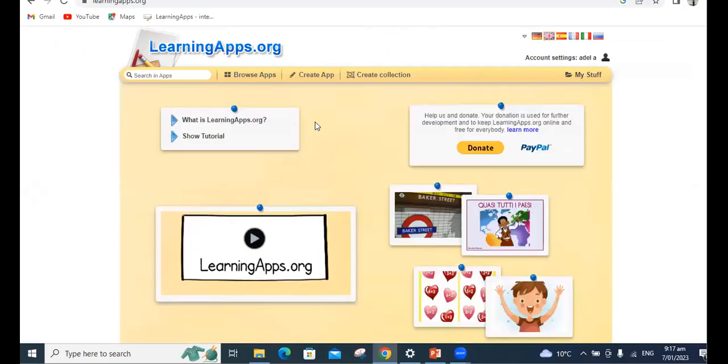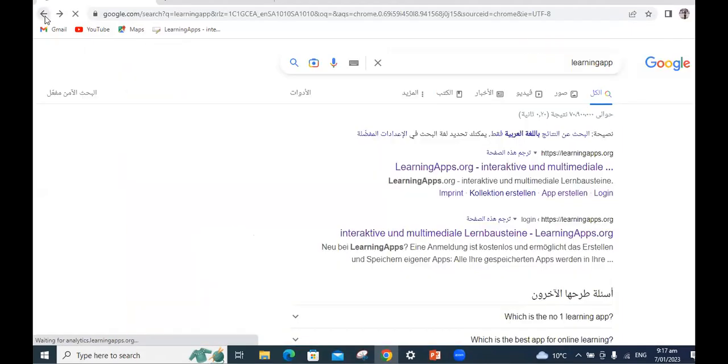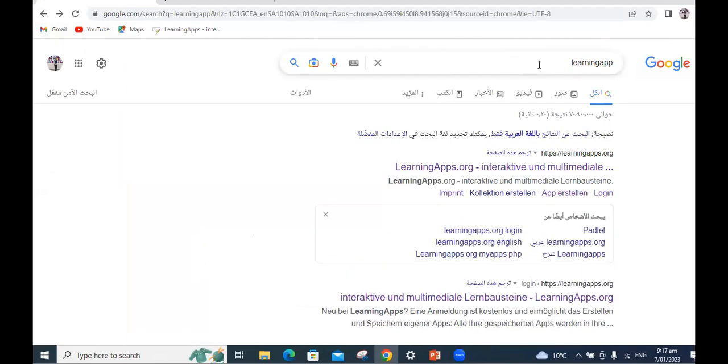This is learning app. Just log into the internet writing learning app. I'll start from the beginning. Look, this, by the way, is German. I wrote here in Google, learning app. Okay, learning app with all interactive. This is German, Deutsch as well. I'm not good in German. Maybe I have my son here who can speak German, but he can help me.